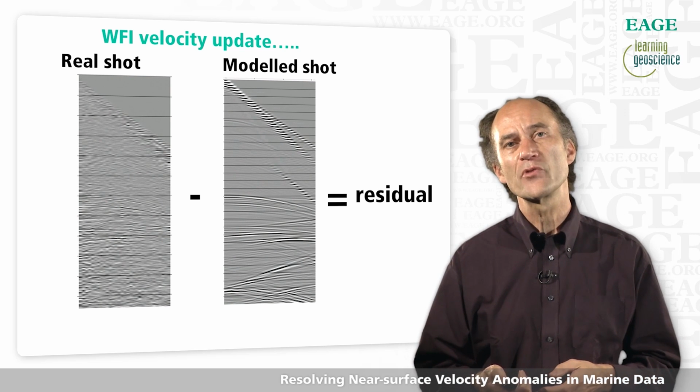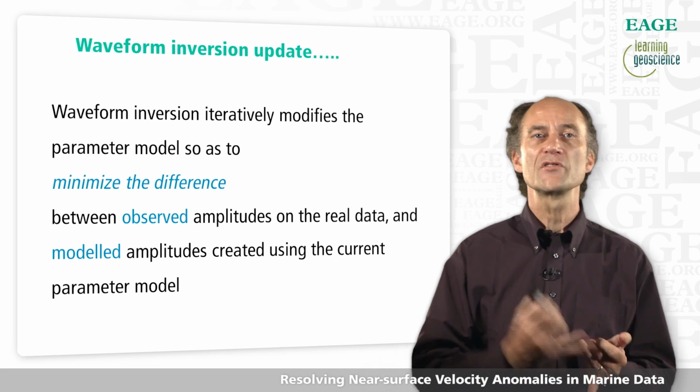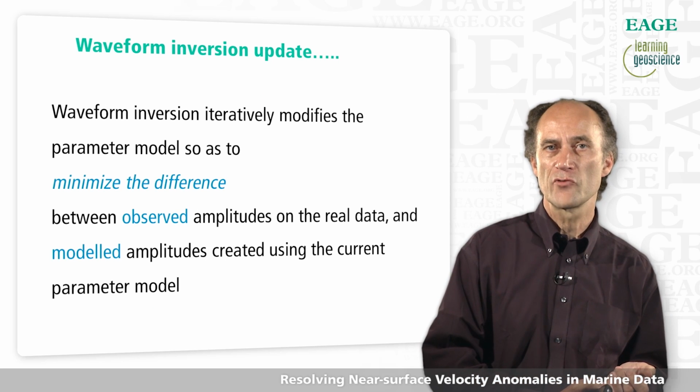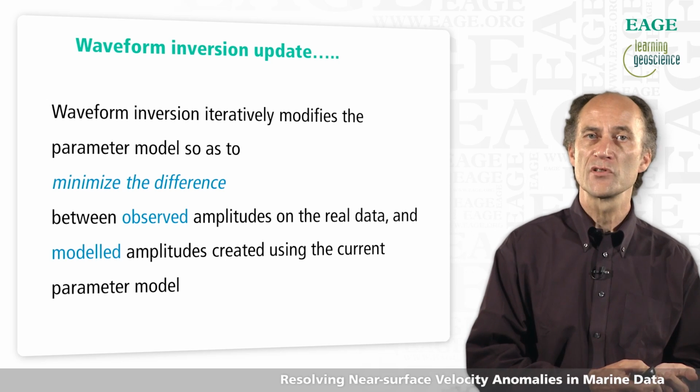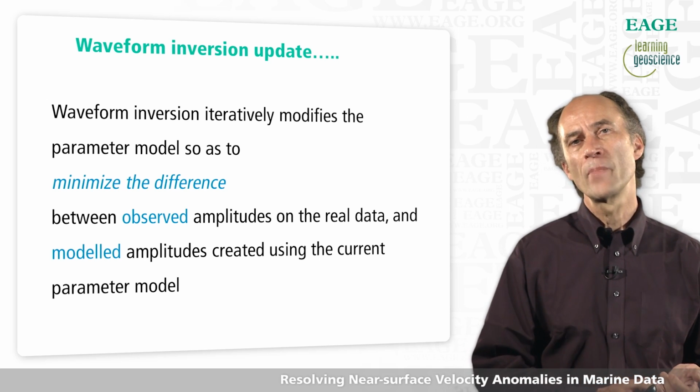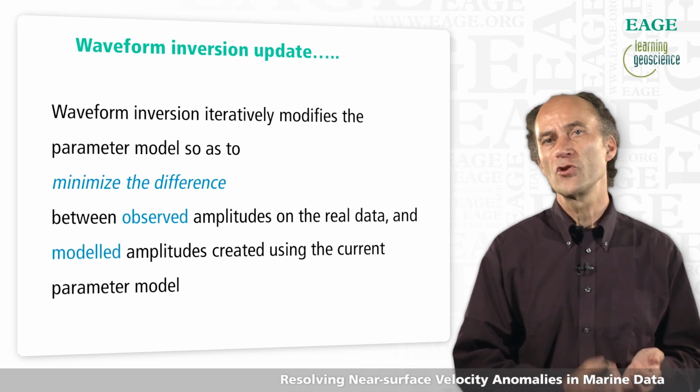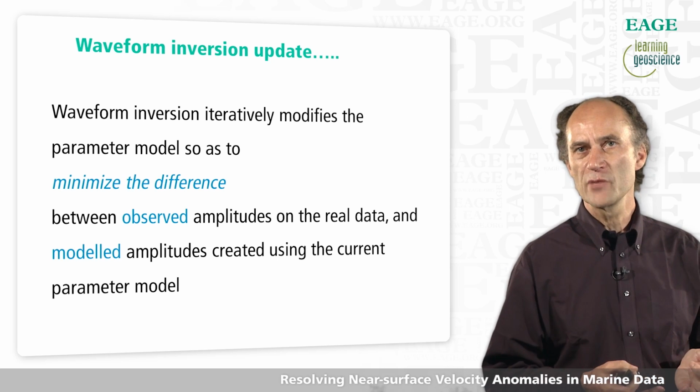So the statement of the problem changes a bit. We're now going to minimize the difference between the observed amplitudes on the real data and the modeled amplitudes. So that's the ideal case. However, due to limitations either in theory or compute power, we have to water that down a bit and maybe